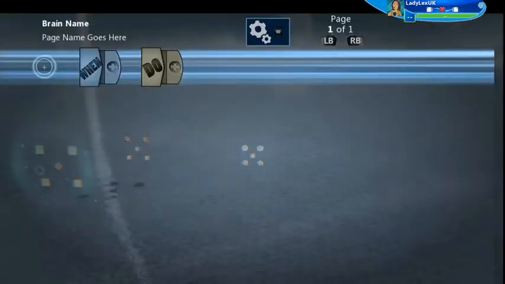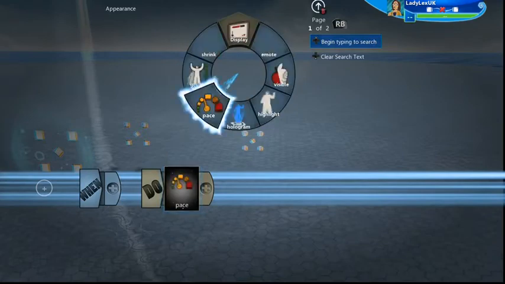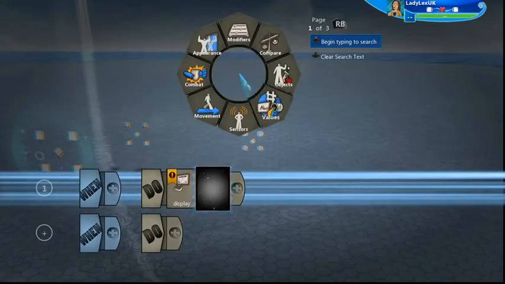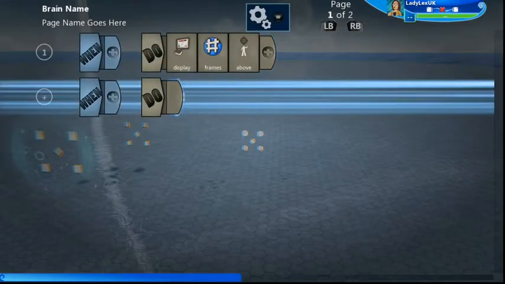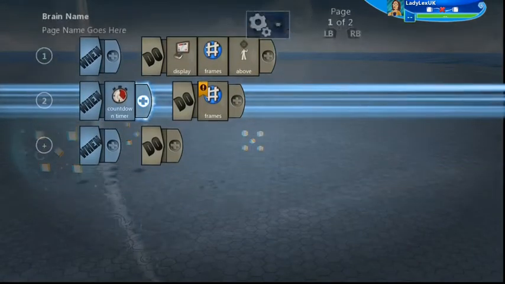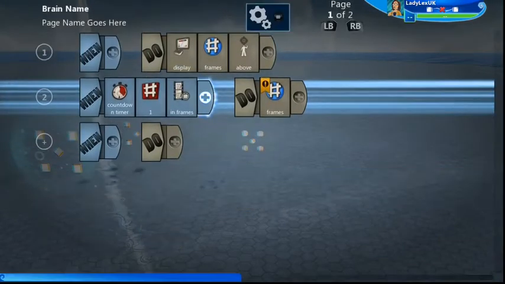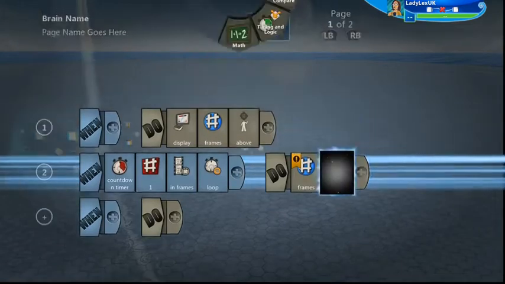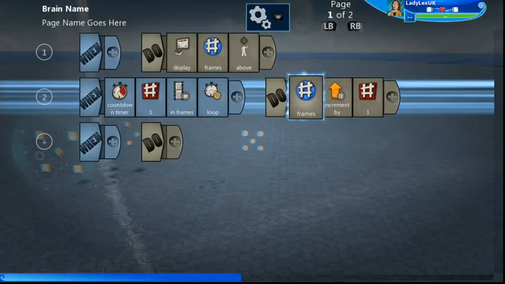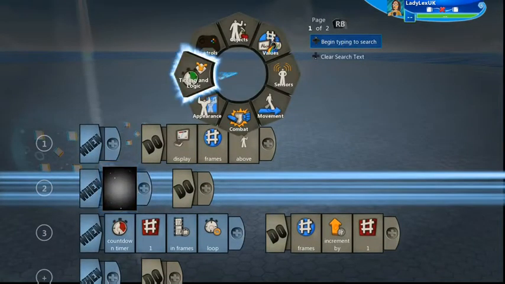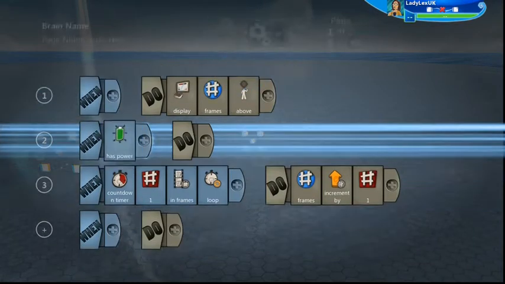So in order to work out what happens at what frame, what you do is you put in display frames above, and then you say countdown timer 1 in frames, loop frames, increment by 1, and then we put in as power,